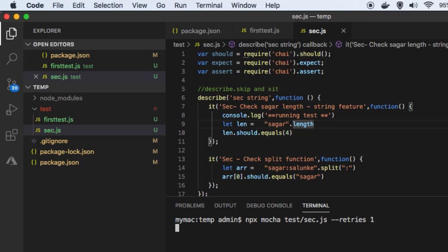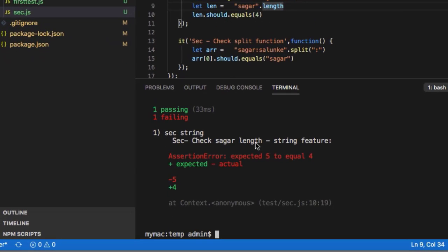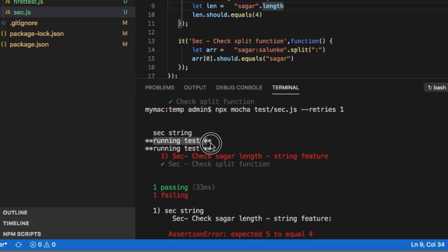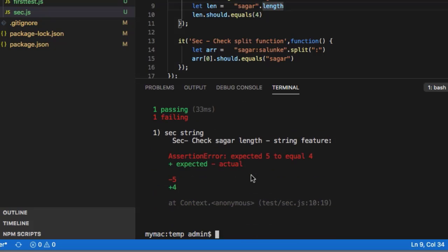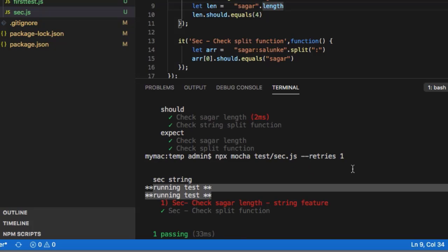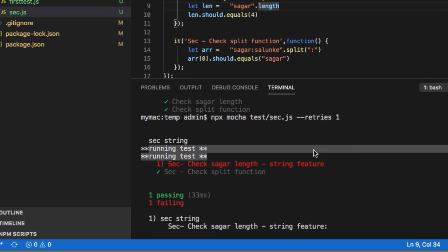I'm just going to execute this, and you can see it is printing running test twice because we have given the retry attempt as one. That means it will retry once, and then if the test fails, it will report the failure. Similarly, you can put it like 2, 3, depending upon your situation. You can retry the failing tests like that using the retries flag.